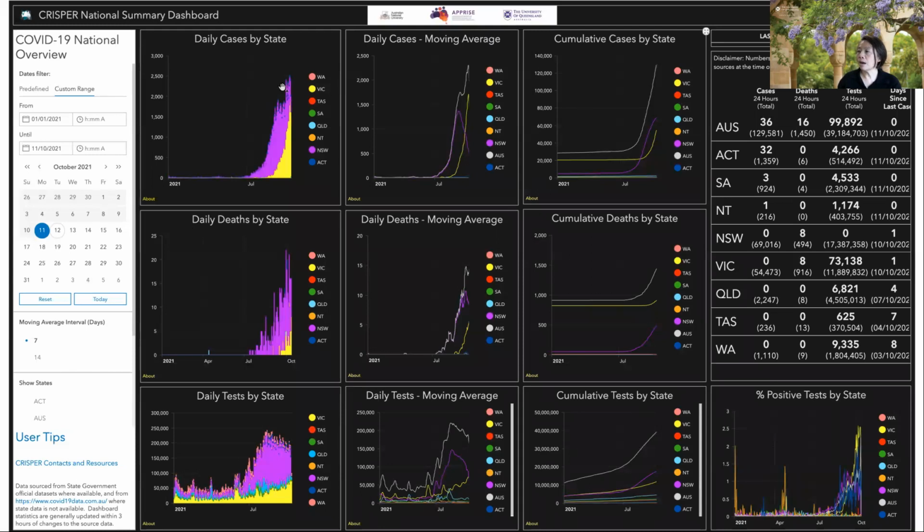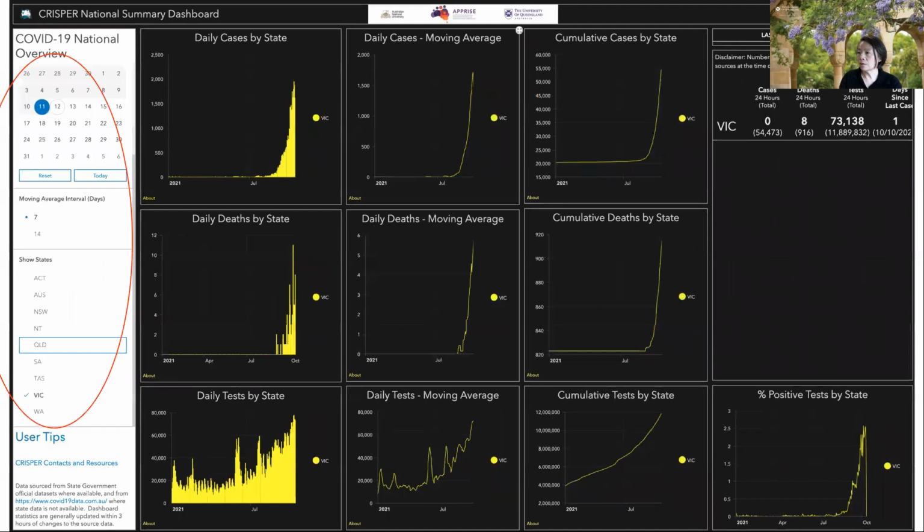So the top row are cases, second row are deaths, and the third row are related to testing. So the first column are just numbers, then moving averages, then cumulative numbers. So just different ways of showing the data for different users.